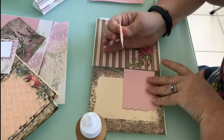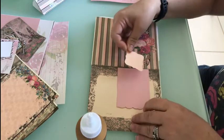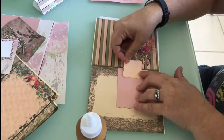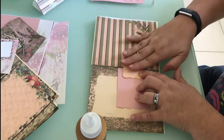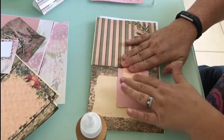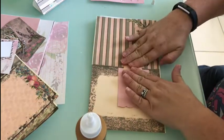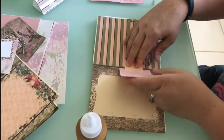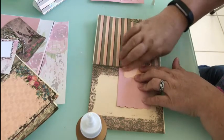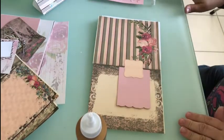There we go. Now, I don't want it up at the top. I want it sort of offset. And then I'm using the pointy edge here and here to line it up and press it down. Now with the wet glue, you do need to press down maybe more than you would with the other. And I'm not going to lift that up yet. I was going to lift it and make the fold, but let's leave it for a minute. In the meantime,